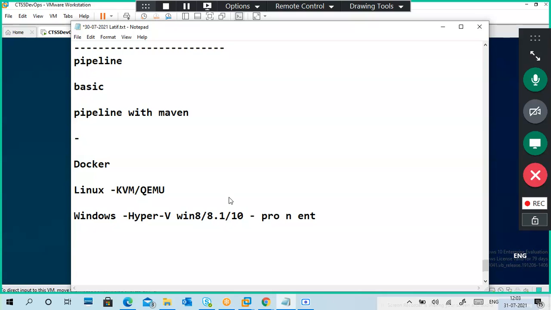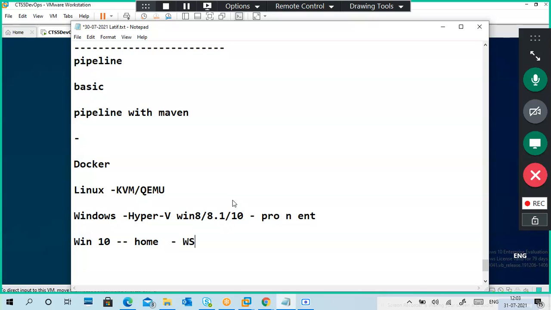So if you are using Windows without Hyper-V, you are using Windows 10, the updated version, but you are having Home. In Home you don't get Hyper-V.